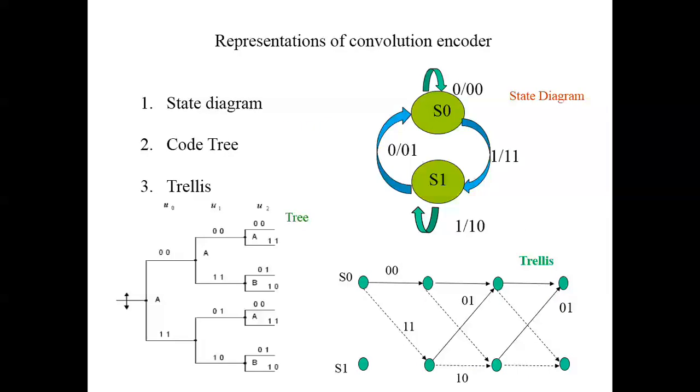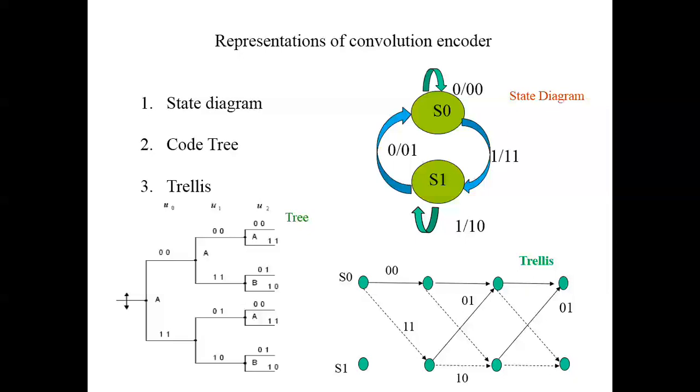In the first video, we have discussed the analysis of convolutional encoder using three different approaches. First approach is the circuit analysis. Second approach is time domain approach, where we discussed convolution, and the third approach is transform domain approach. Now these were the approaches of convolutional encoder analysis. Now let's go with the representations of convolutional encoder.